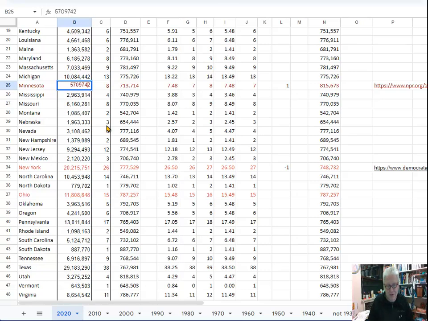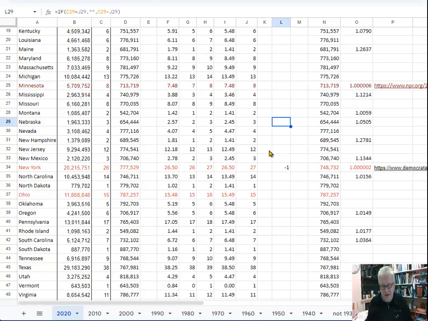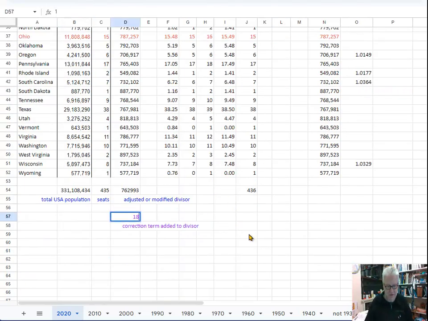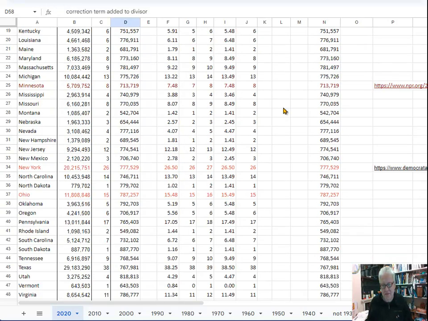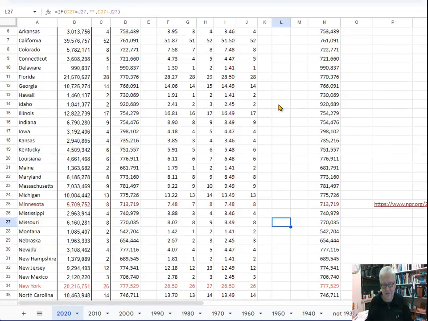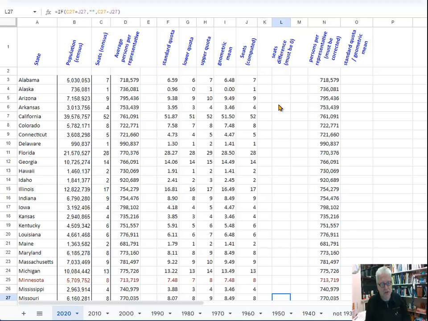But that was not the case. Minnesota had those extra 40 or 30 people, or 40 people or 26 people, and that was actually good enough for them. 1,827 is the correction term. That they kept their seat and New York actually lost one. All right, so overall, that is the Huntington Hill method for the apportion